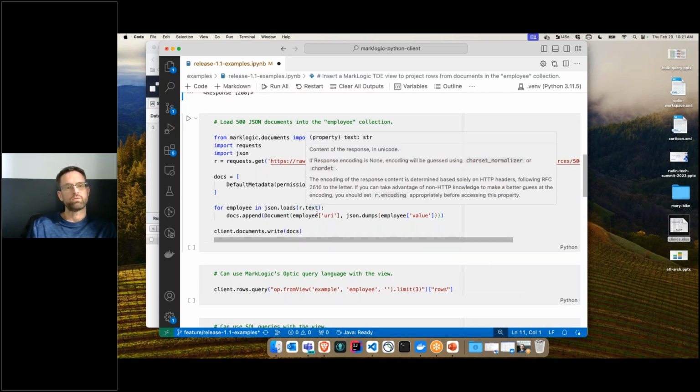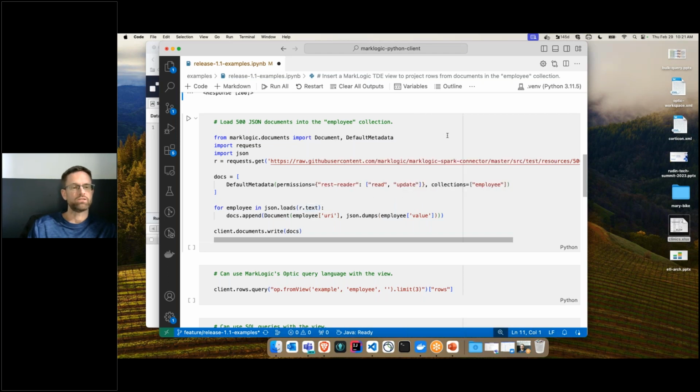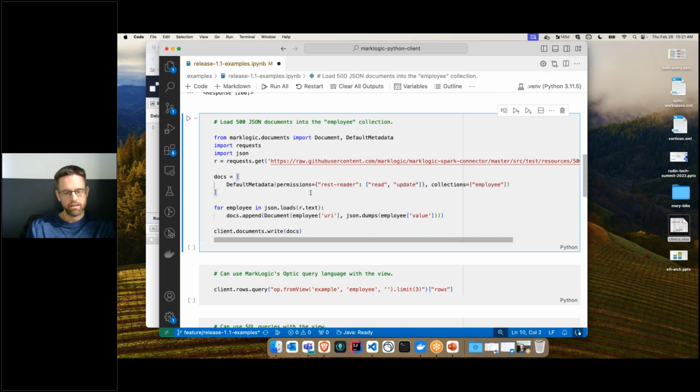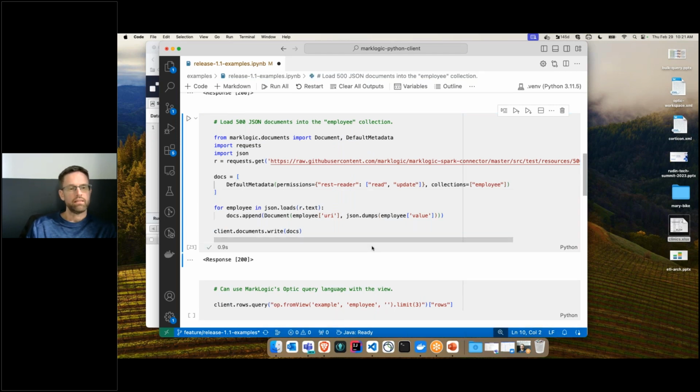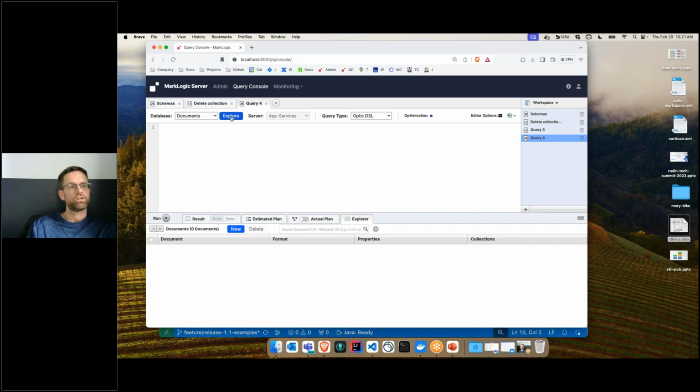This is the sort of use case where if you try to do batch reads or batch writes like this directly with our REST API, you get into some potentially complicated things dealing with multi-part HTTP requests and responses. This is where our client makes that much easier to do. You can see again, I'm just creating an array of document objects and then I pass it into the write method. I'll run that cell, and then I'm just going to hop over to my QConsole view and show that